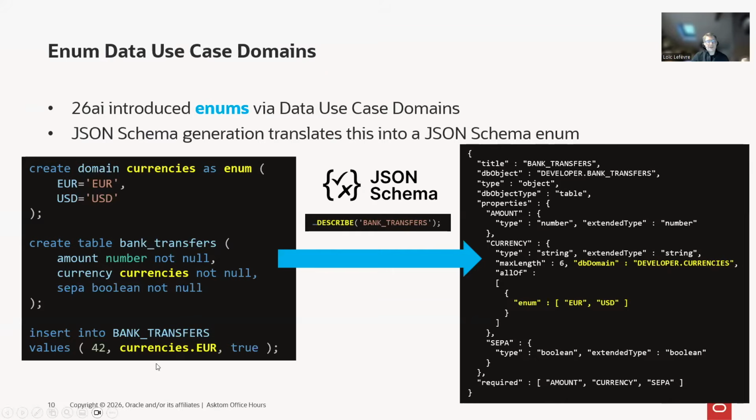And when you want to insert your data, you just leverage the domain with the currency here, euro. That's the one here. And when you then describe, meaning you generate your JSON schema, well, that's how it gets. You get the DB domain. You have a reminder about the domain that we were using before. So that's basically the database vocabulary. And then you get the possible enum that your field must respect.